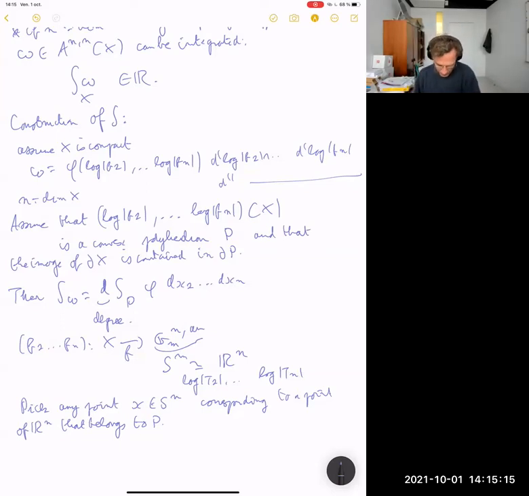Now I take any point that belongs to the interior of the polyhedron. So I take a point of R to the n in the interior of this polyhedron. I take the corresponding point of the skeleton, and then